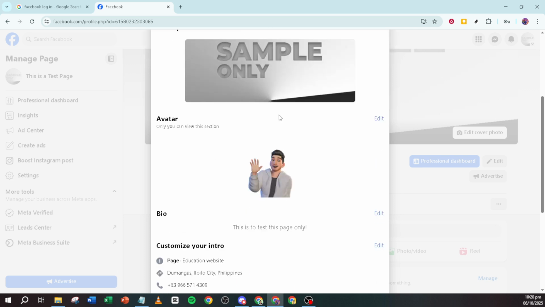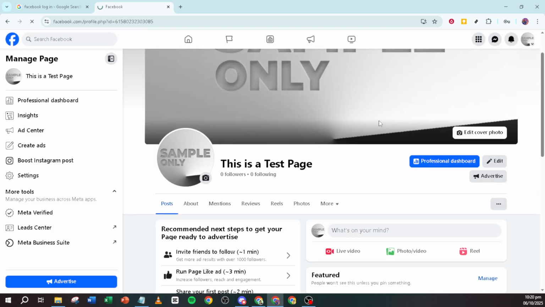In the Edit Profile section, there should be a specific option to edit your avatar. Facebook keeps this option relatively straightforward for ease of use. Once you locate the avatar option, click on it to open the avatar editor. This is where the fun part begins, as you get to decide how you want your new avatar to look.